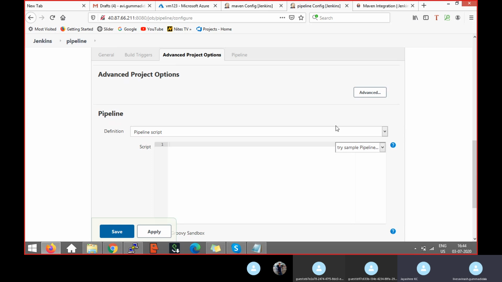So can you click on that? Click on the drop down. Yes, click on hello world. Yes, so this is how your hello world sample template of your pipeline looks like, and also the syntax of